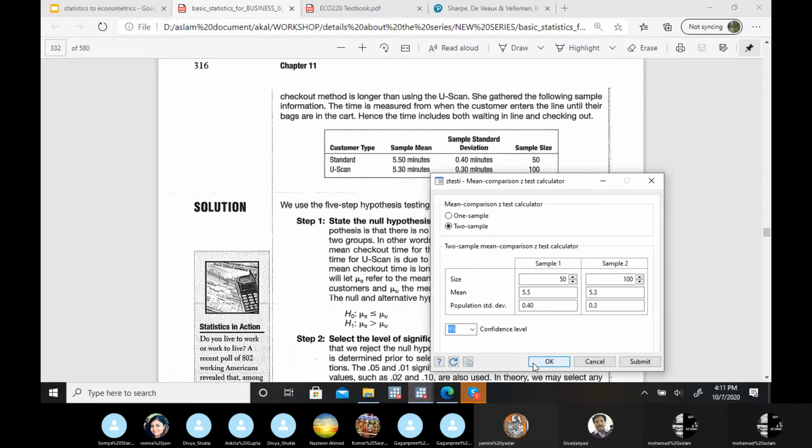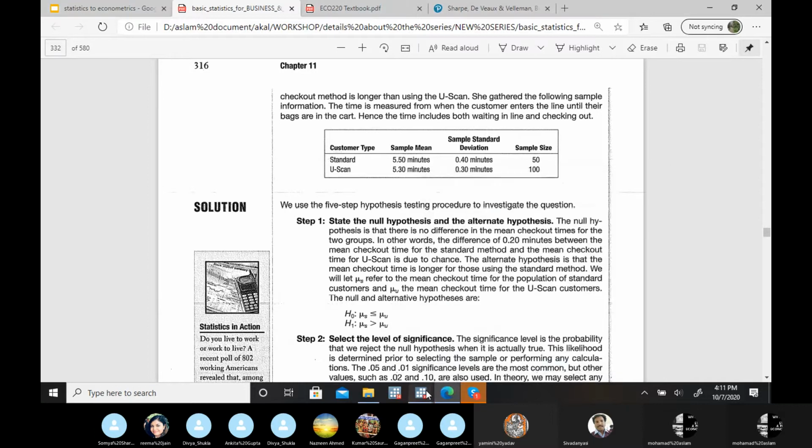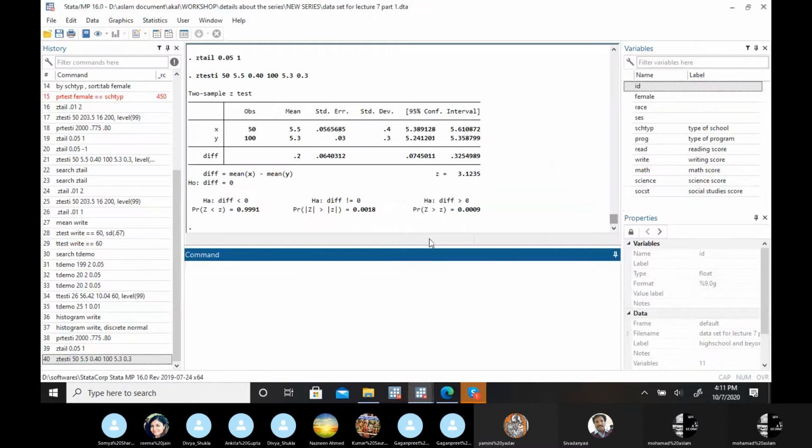If you press enter, okay, let's see the results. So these are our results. We were interested in seeing the difference, and this is the case of a right tail test. So first go with the p-value approach. Our p-value is less than the level of significance, so we accept the alternate hypothesis. And z is